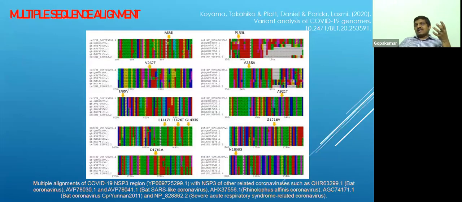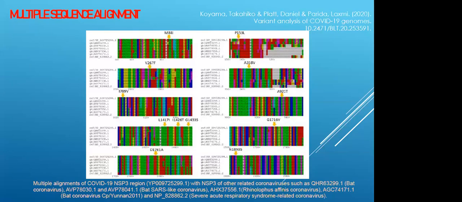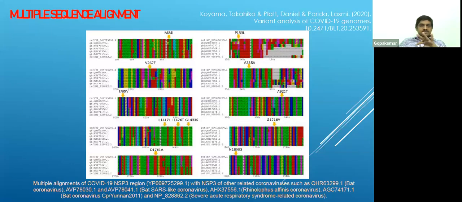But usually we have to analyze a multiple sequence alignment, because suppose in India you have a sequence from Kerala, another sequence from Delhi, another patient sequence from Uttarakhand, or another from Kolkata, and you want to see whether any mutations or changes happened with respect to the viral genome sequence. Then you have to do a multiple sequence alignment and see whether there are changes or whether they are similar, because the same sequences mean there is a very high chance of similar proteins and a similar working principle in the host cell.